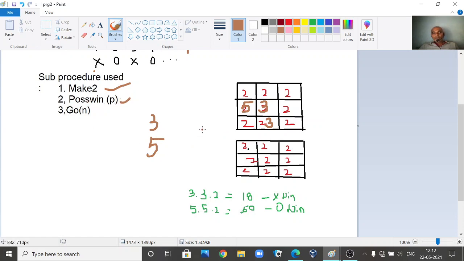Now what does pos win do? It tries to make calculations diagonally, horizontally and vertically. Now you see here, if it multiplies these row values, 2 2s are 4, 4 2s are 8. If you multiply this, 5 3s are 15, 15 2s are 30. Like this, when you see